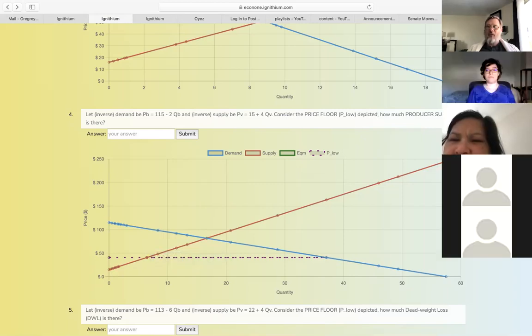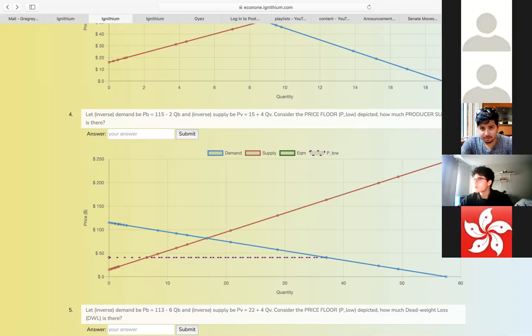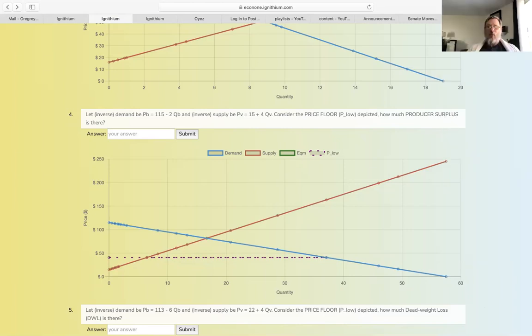Let's see who else we have here. Does anybody else want to help out with this one? Noah, do you want to help? Yeah, sure. Okay, so we're calculating the producer surplus for number 4, and can you see there's the price ceiling at 40.83? So the base of that triangle would be